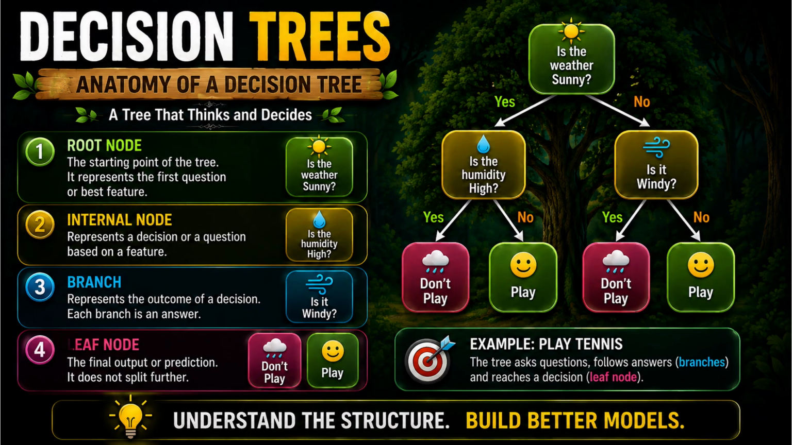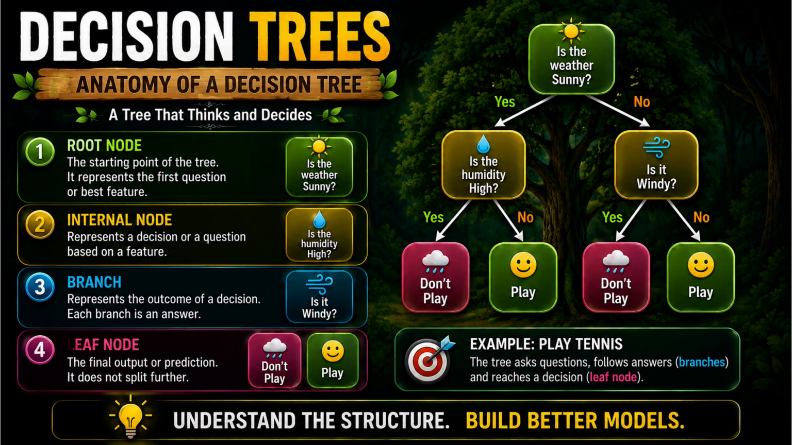classification and regression. So anatomy of a decision tree: root node. For example, the starting point here is the weather. Sunny is an example of root node. Internal node represents the decision or a question based on a feature. For example, here, is the humidity high and is it windy are both internal nodes. Branch is where you ask the question and it can come to yes or no. And then the end node or the leaf node is the final output of prediction, because we are not going to split it further. So in this example, play tennis, the tree asks questions, follows answers, the branches, and reaches a